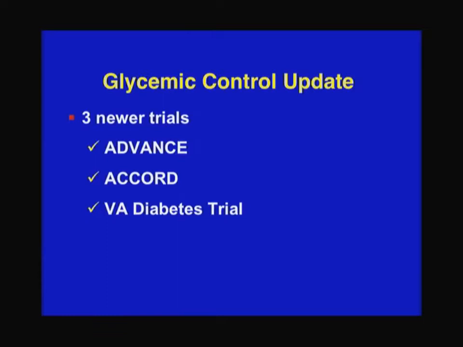The question has been, what about in the adults, the other 90% of diabetics? Does tight control matter as much? Because type 2 diabetics don't get as much eye disease, kidney disease, and nerve disease. They get it, but not as much. It's not as devastating as it is in juvenile onset diabetes. And the main killer there, some kidney disease, but kidney is only 3 to 5%. The main killer is heart disease and stroke. And so the question is, does all this messing around with blood sugar really lead to better outcomes? That is, less heart disease and stroke. And so that's what these studies were designed to answer.